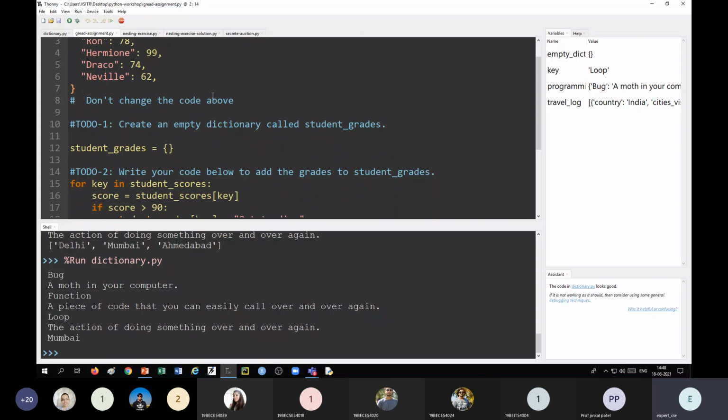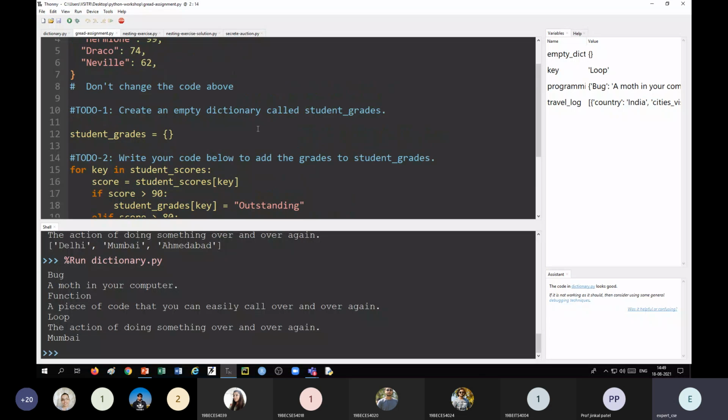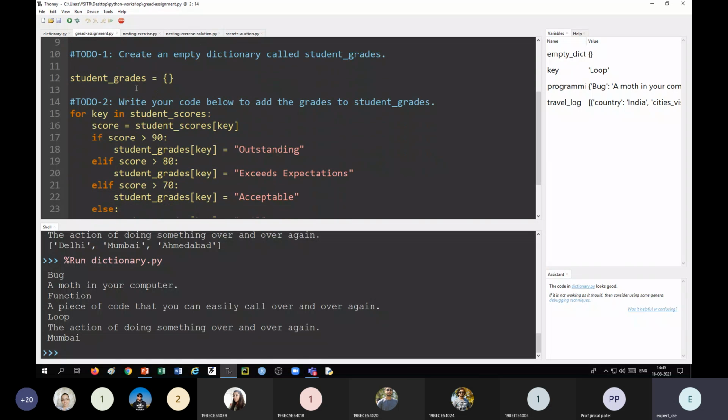I will show you the rules for assigning the grades. First of all, I have written as a comment: create an empty dictionary called student grades. We want to create a new dictionary which contains grades instead of scores. So student grades is equal to an empty dictionary, right?